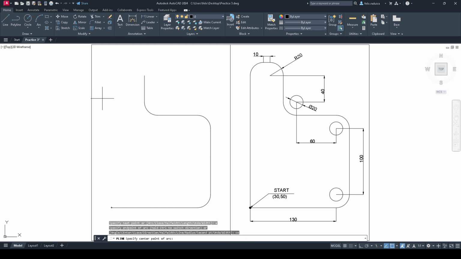Then arc mode again, A enter, CE enter, at -20,0 enter, A for angle and 90, L for line, then we have a small segment here at -10,0, arc mode again, center again, at 0,-20, angle 90,